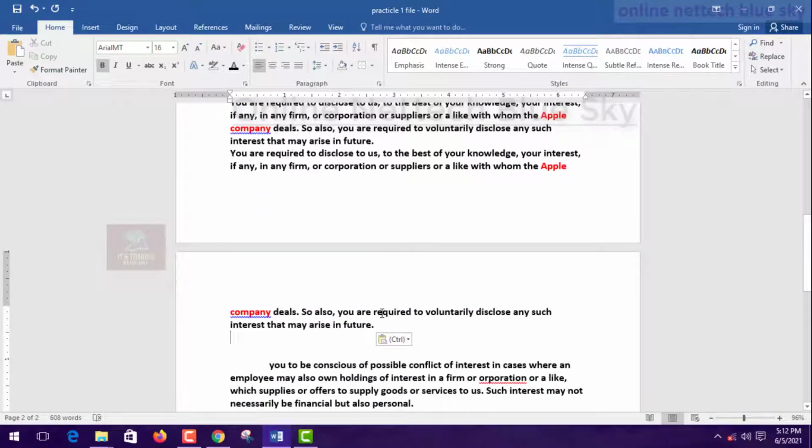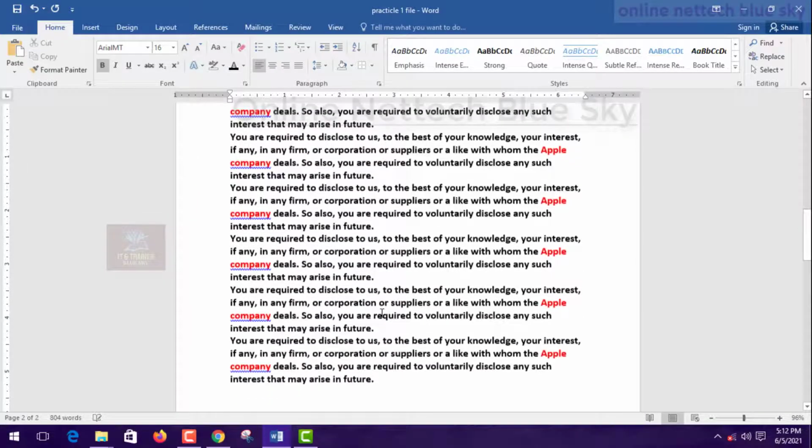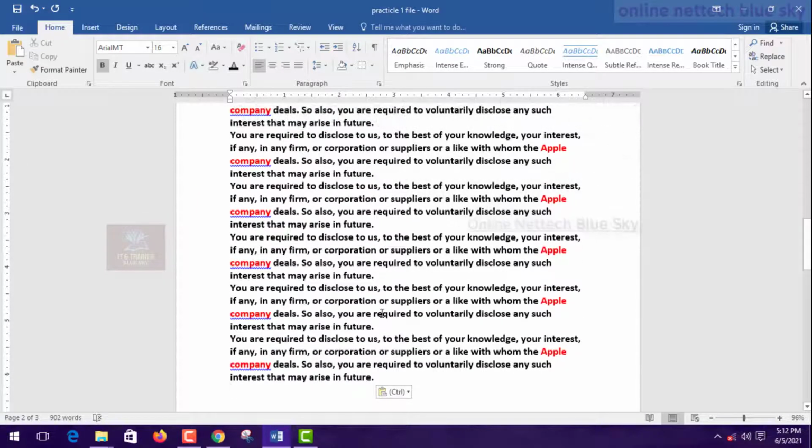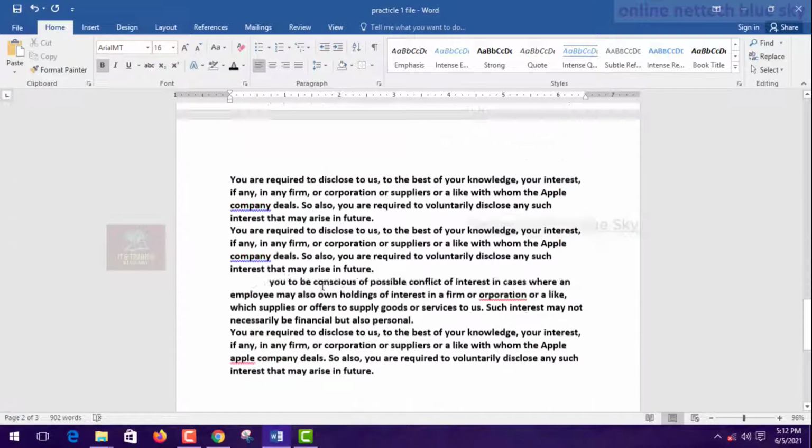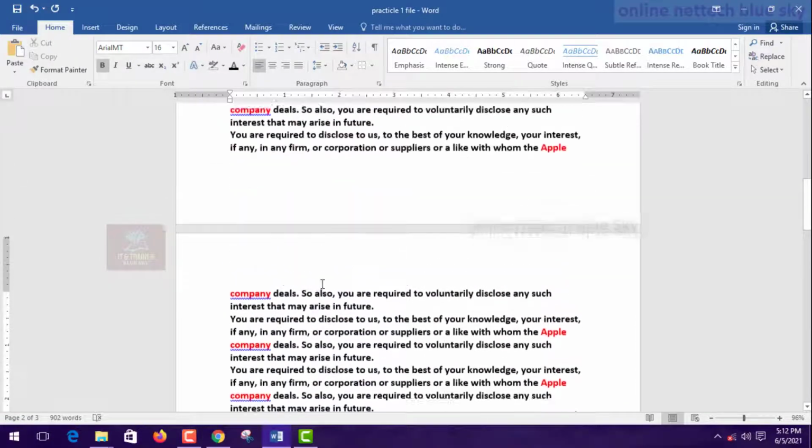Every time you can copy and paste this line. Okay, so this is one type of showing your document, copy and paste.